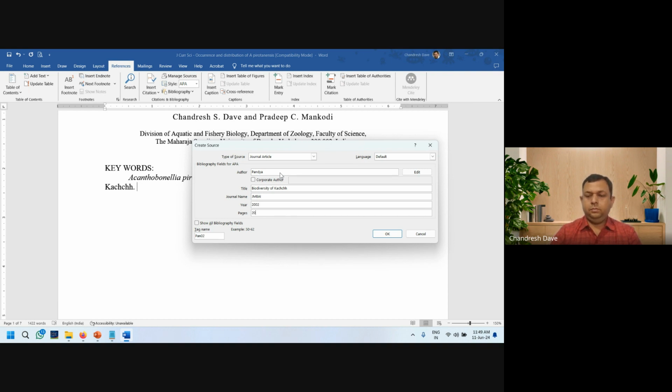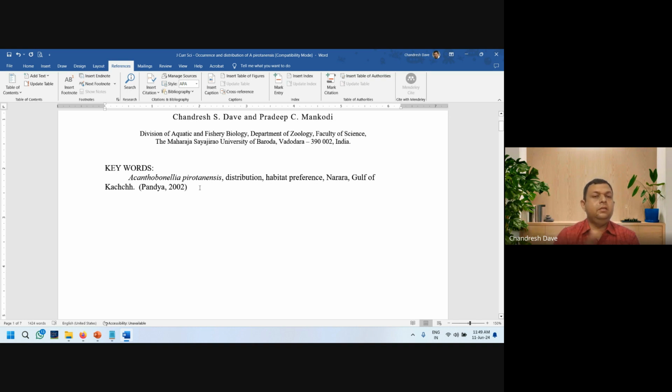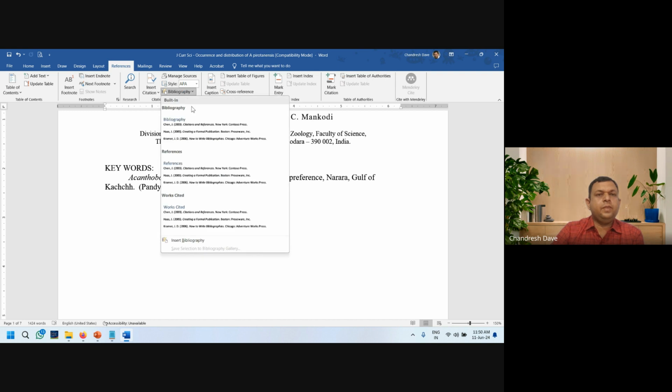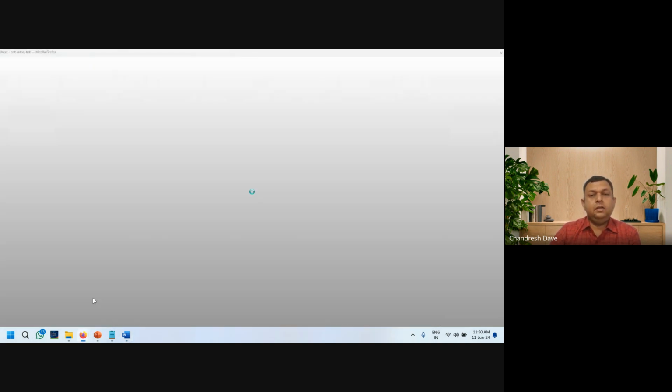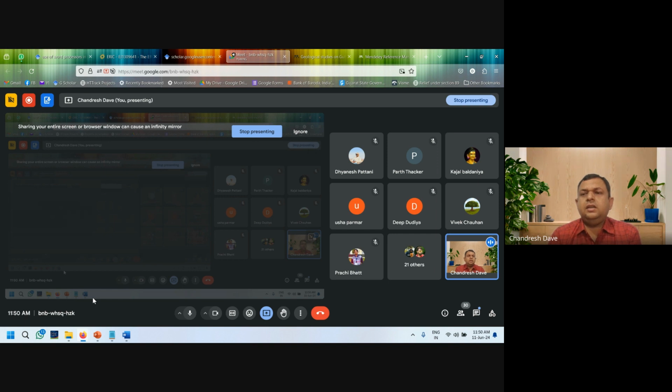2002. Okay. So it has created one citation, but we have to manually add all this information as and when required. Now, same, if I want to prepare a bibliography, I would go to bibliography, select bibliography, it will create a bibliography for me. So Word also has an inbuilt reference manager, but it is very difficult to use in terms of managing